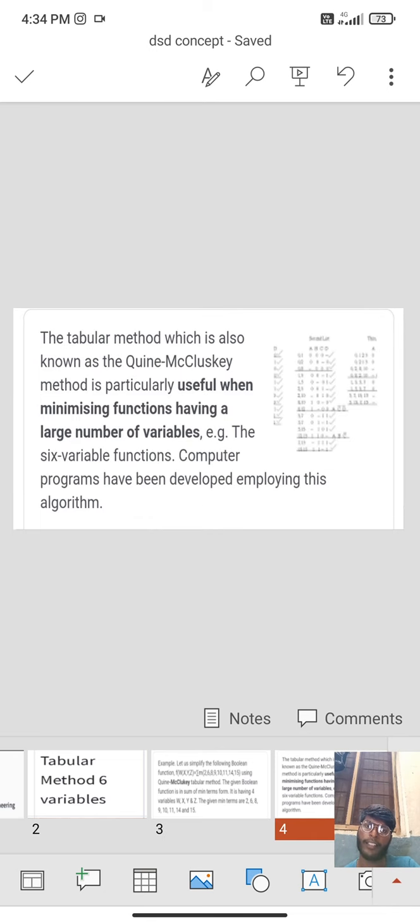The tabular method, which is also known as the Quine-McCluskey method, is particularly useful when minimizing functions having a large number of variables. Computer programs for the 6 variable function have been developed employing this algorithm.